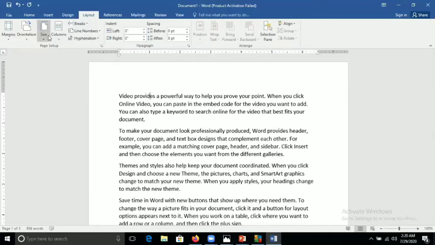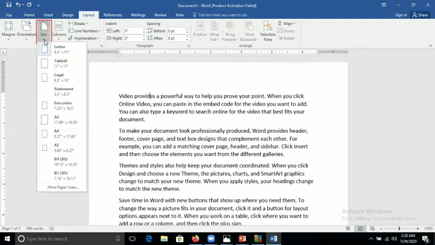Clear? The next one is size. The next one is page size. You can see here the third one under the layout tab. In the page setup group, the third one is size. Which paper size do you want to take? By clicking on it, you can change the page size. This one is like legal, letter. This one is height and width. How much height you want to give and how much width you want to give, you can take from here.